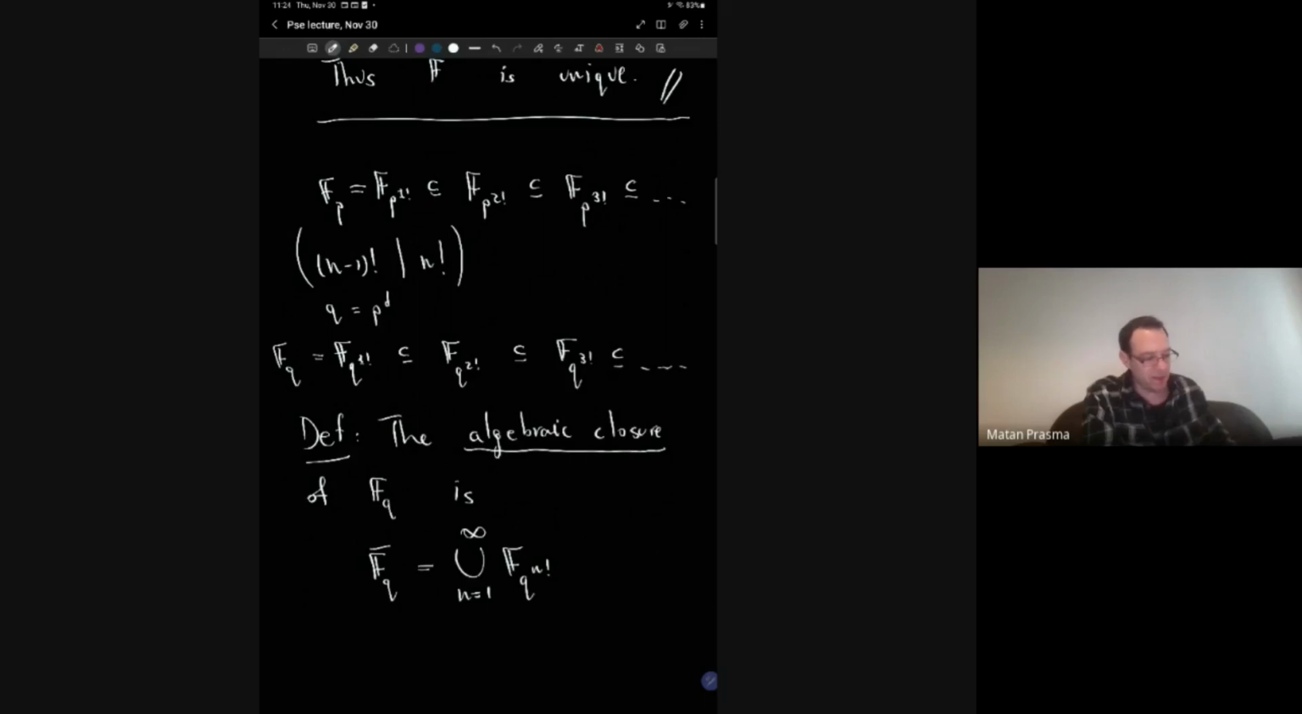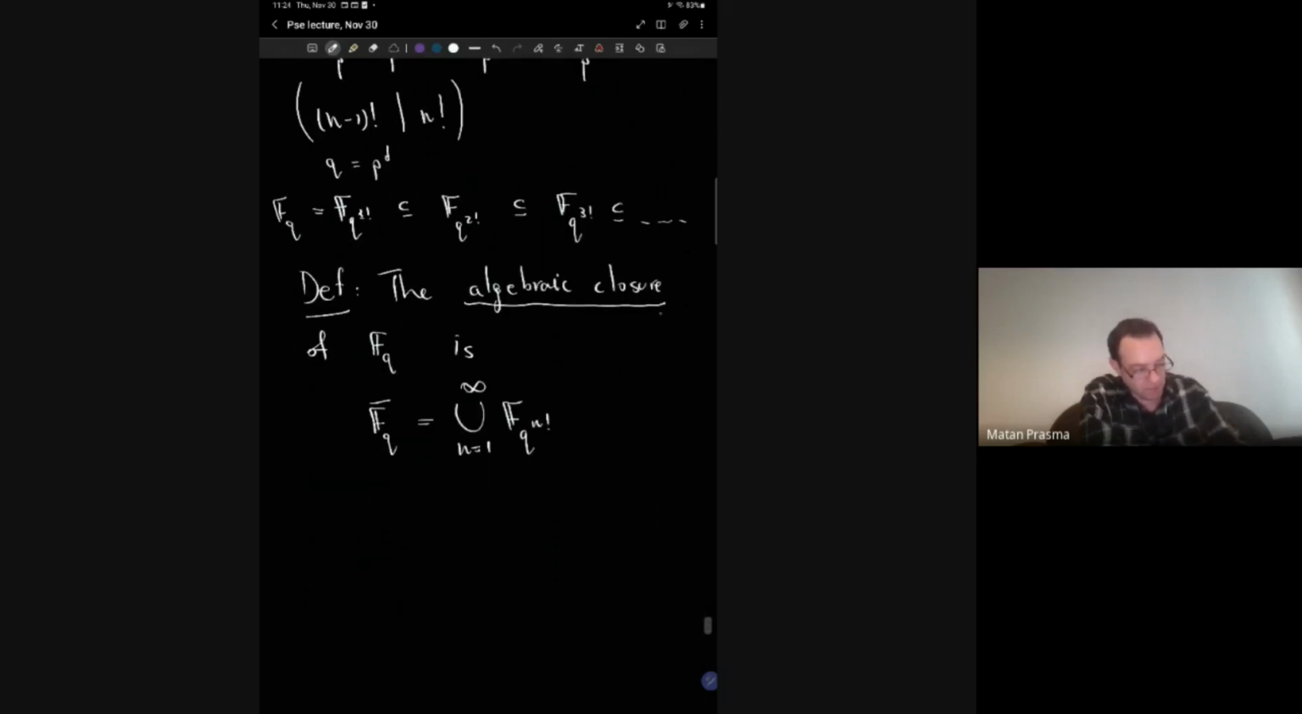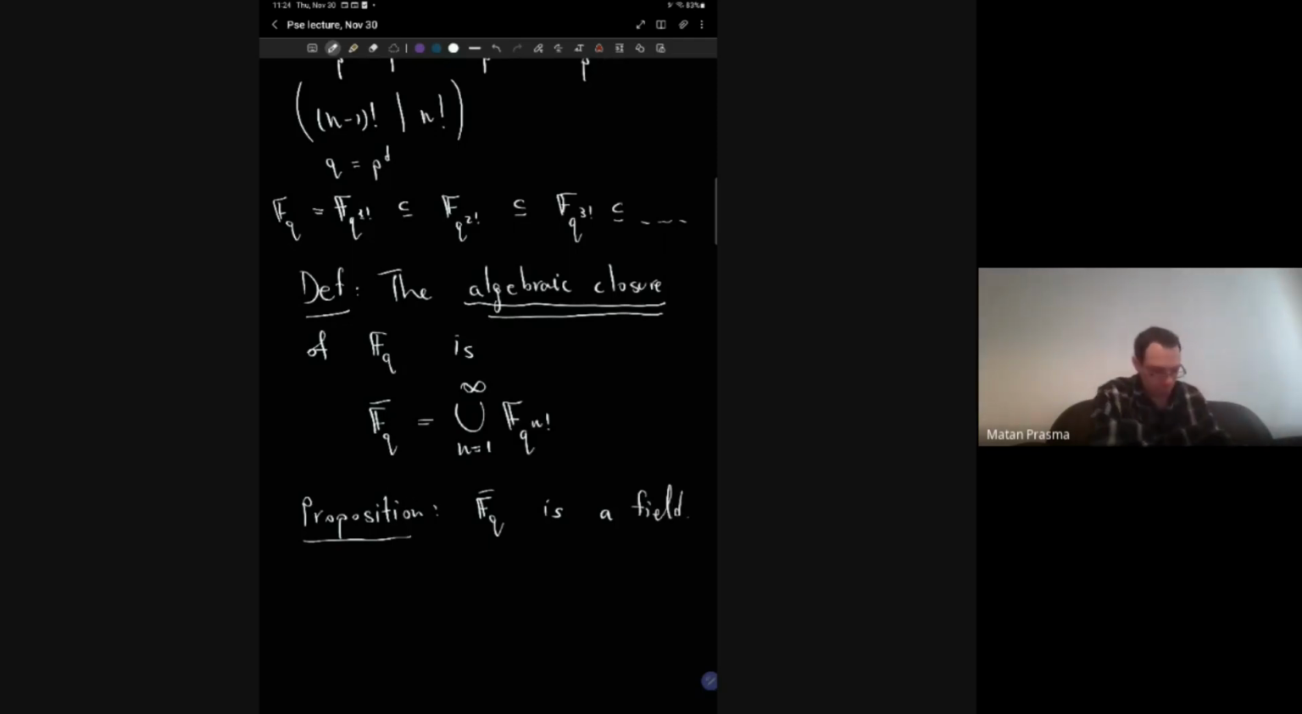Well, first, in a proposition, I claim that F_q bar is a field. The way to see it is